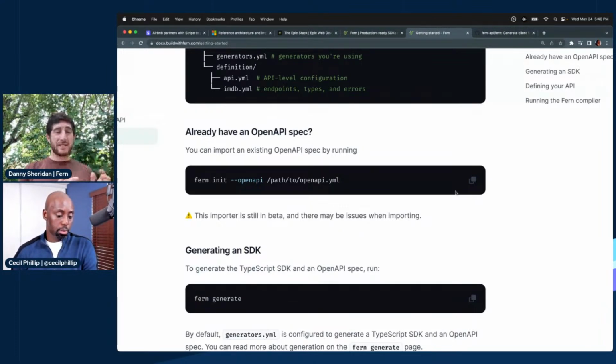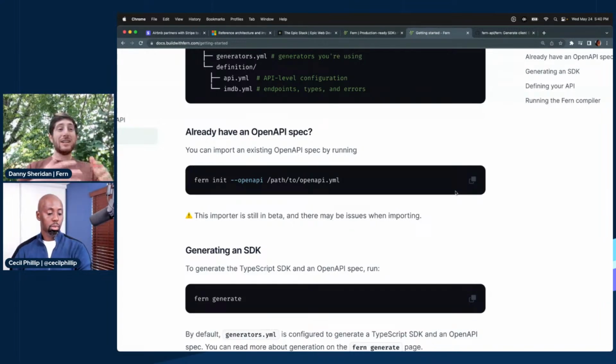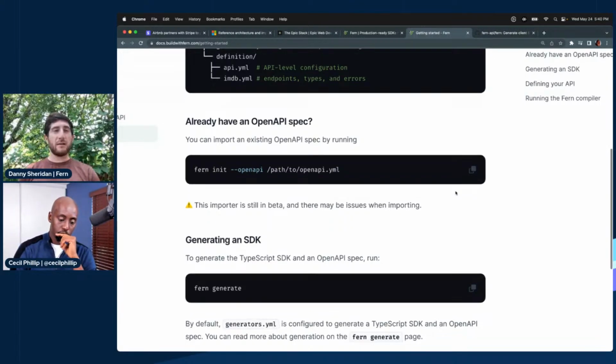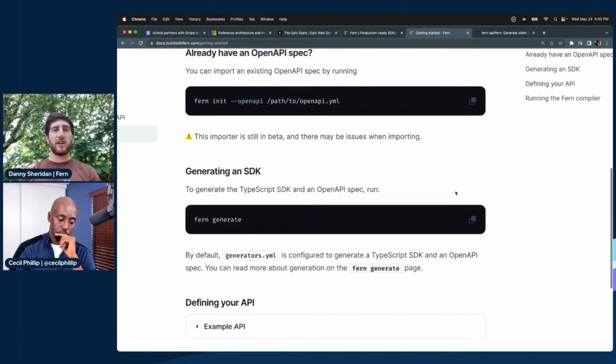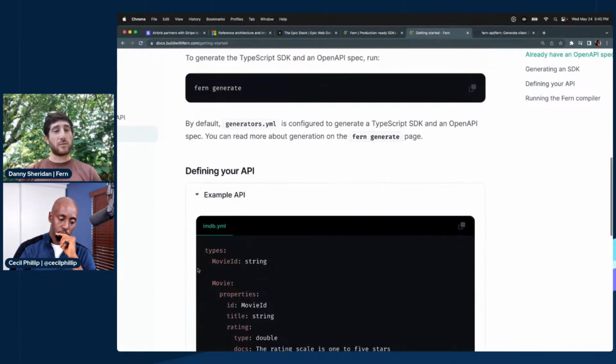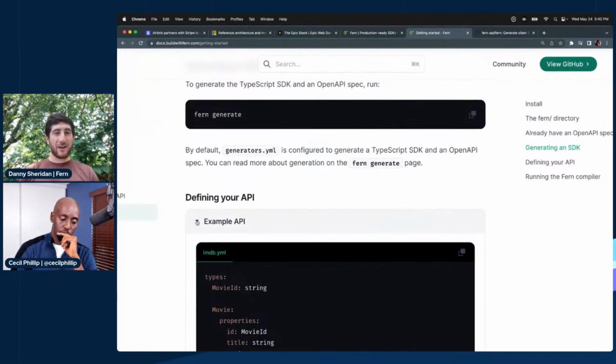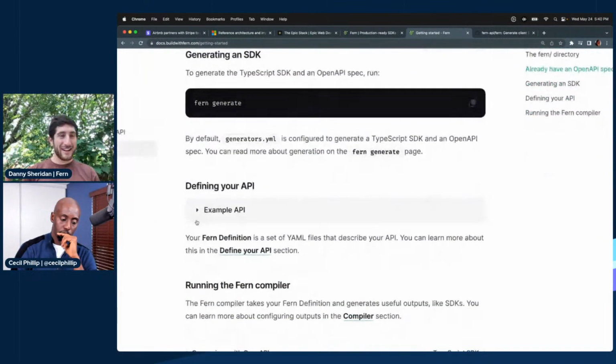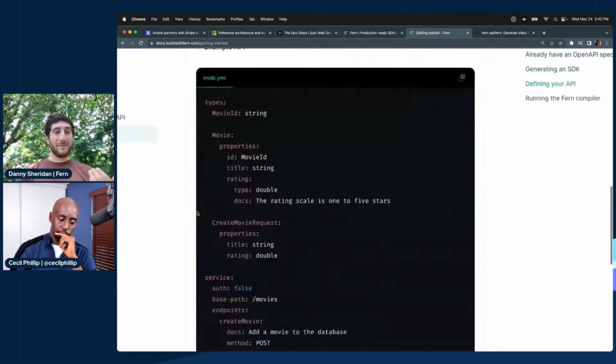Again, this is what Palantir and Amazon decided to do as companies. Or alternatively, you can just start in code, and you can go from code into a schema. And so there are two approaches. The one that we see more CTOs and heads of engineering directing their teams toward is the schema-first approach. Because like what we're looking at now on your screen of this example API,